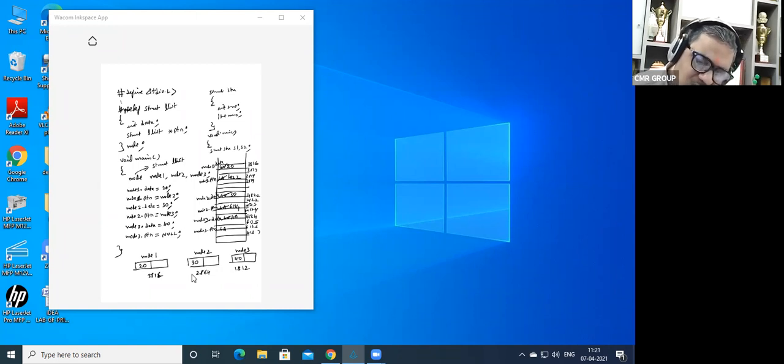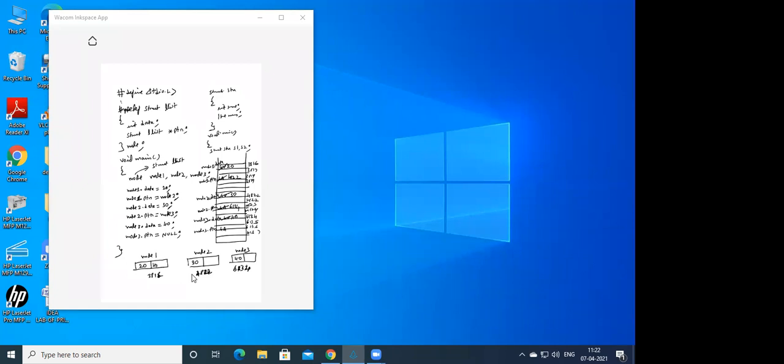3116. And what is the second address? 4822. And the third one is 6134. Okay, right? 6134. Now tell me, this is 20, and what is the node 1 dot ptr value? 4822. So the link is established.